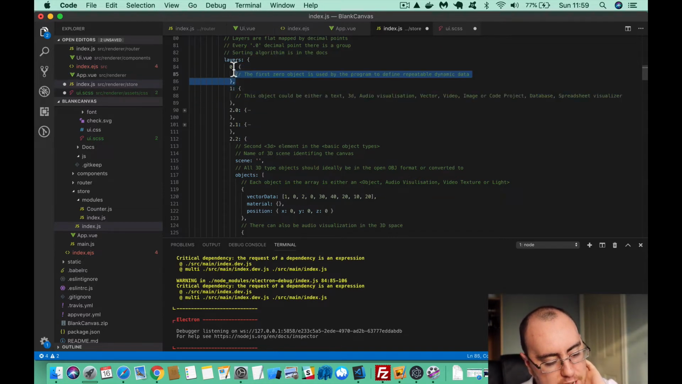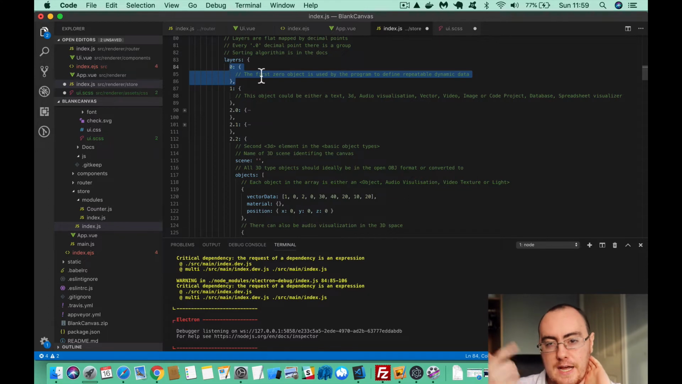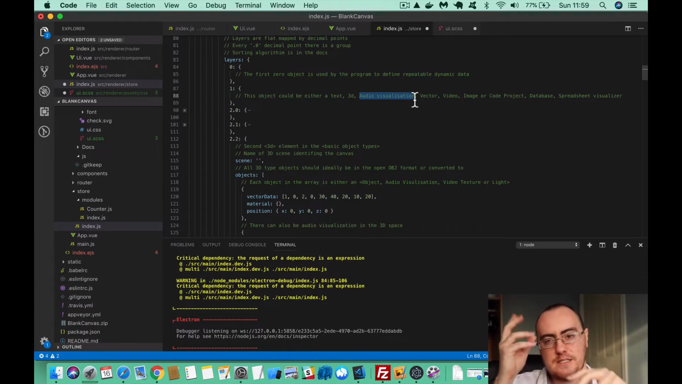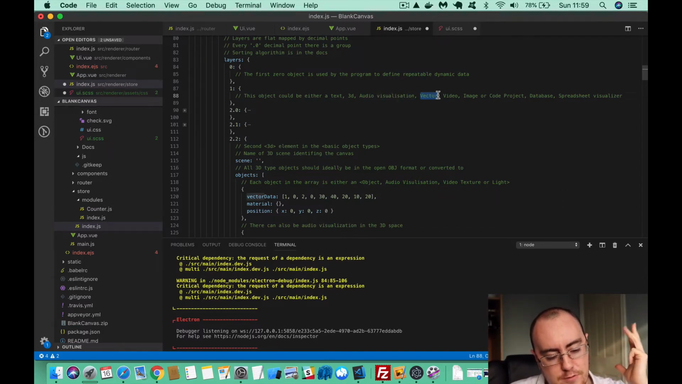And so 0 is the special computed layer. That's for like header and footer, you know, like in Word where you can have header and footer and it repeats over pages. That's where that type of computational data will reside. Then you have layer 1. Now you can have either text, a 3D object or a 3D scene, audio visualization. So you know when somebody's talking, you can see a 3D ball, you can see glowing, you can see all sorts of visual effects. Vector, video, image, code project,